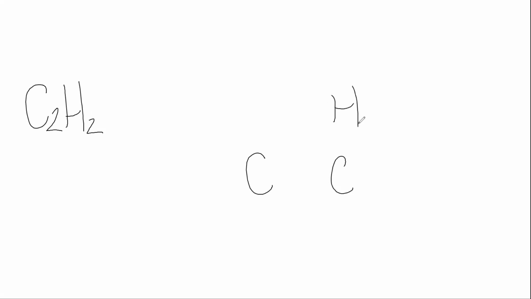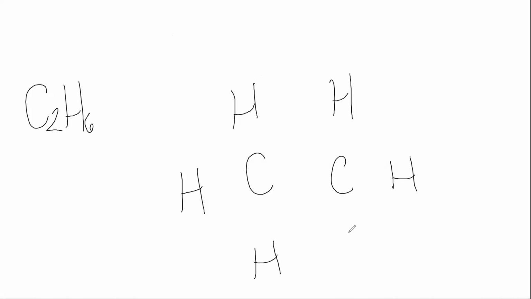Well, I don't want to do something like this. Like I said, you want symmetry. So I might actually move this H over here. I'm gonna make it symmetrical. Mirror image. So if I cut this in half, I have a C and an H and a C and an H. And then you would draw your dots. Okay? If you had 6 H's here, I have 1 H, 2 H's, 3 H's, 4 H's, 5 H's, 6 H's. Cool. Okay? What if you saw something like